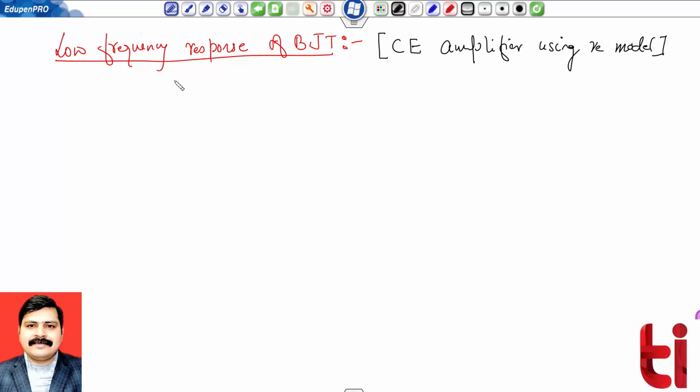So, if you can recall, three capacitances we have used. Input capacitance was Ci, output capacitance was Co, and emitter bypass capacitance Ce. By considering the effect of each individually, we will see what their role is and how to calculate the lower cutoff frequency for all. So step by step we will consider. In the first step, let us see the effect of